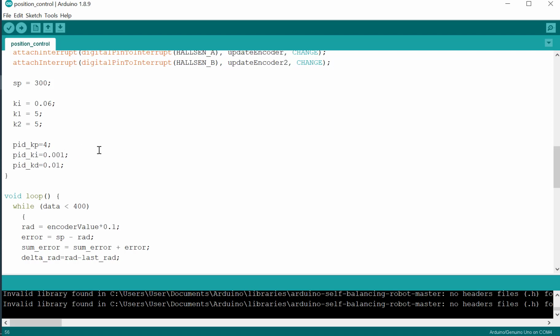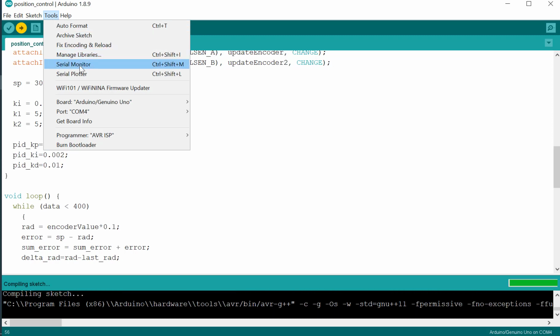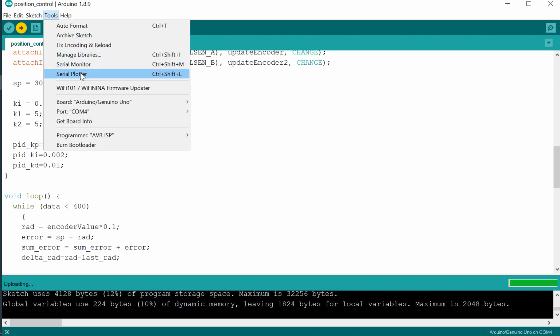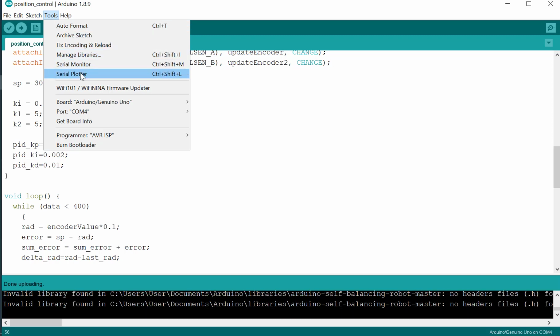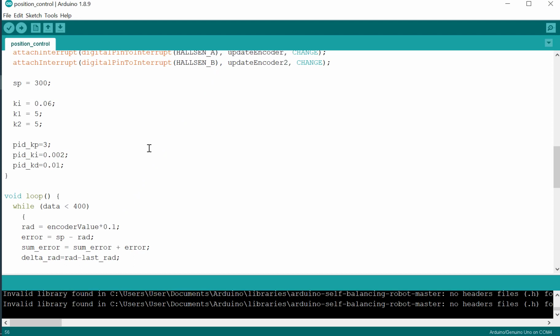Perhaps it is good, and when the voltage drops or it changes to another system, it will have a different response. Okay, it's not good.